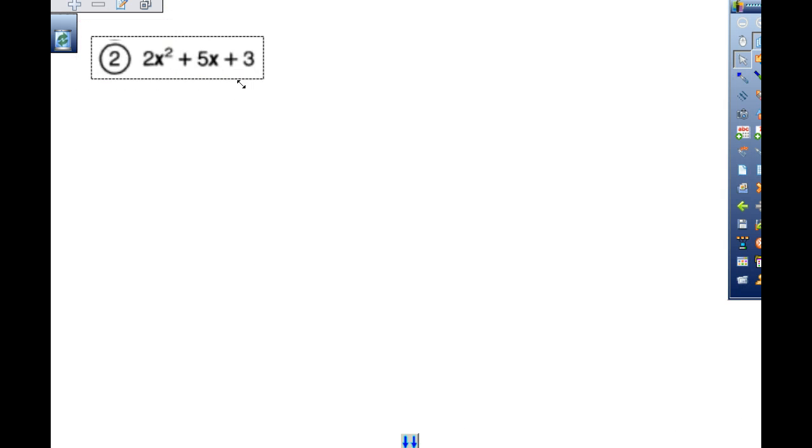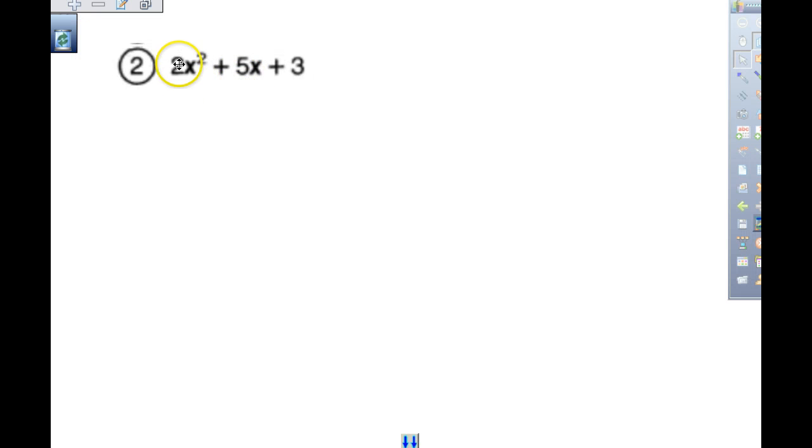By the way, the first thing you want to look for really, when we're all done with this, is there any number that goes into all these at the very beginning? Sometimes you can just take out a number at the beginning, but 2, 5, and 3 you can't. But if this is a 2, 4, and 6, you can take out a 2 and makes everything smaller. So, first step,